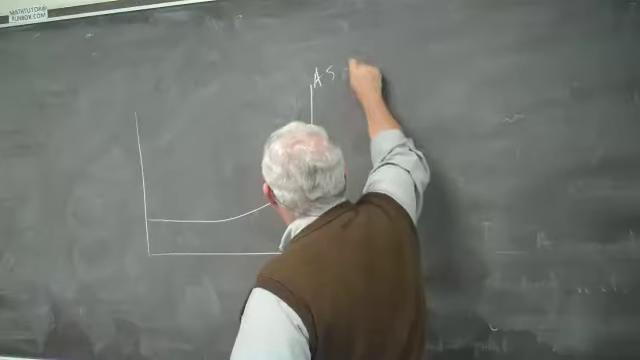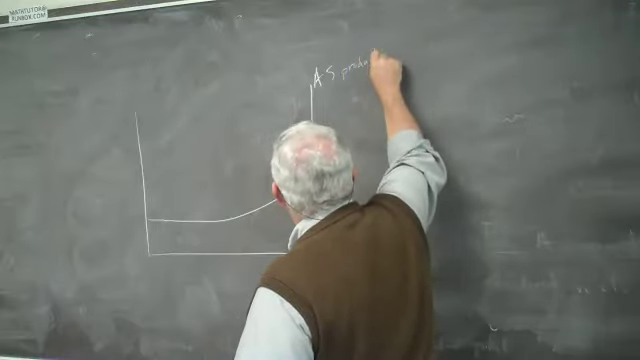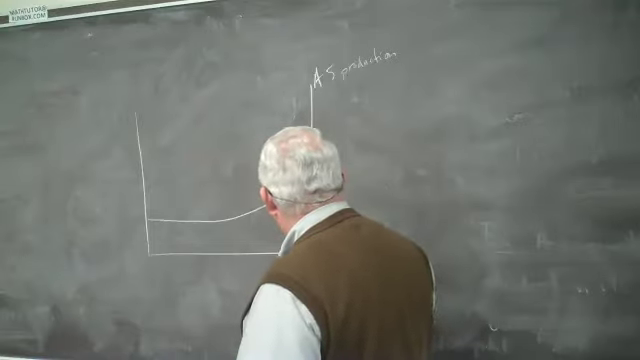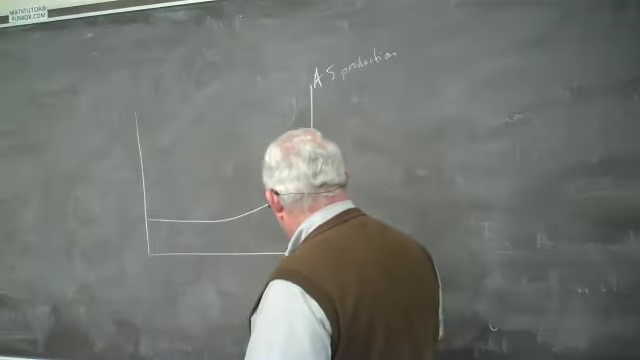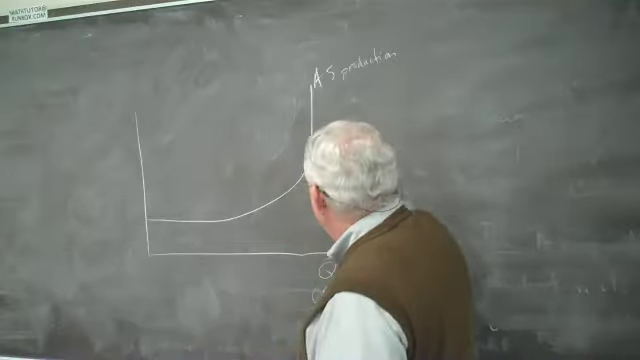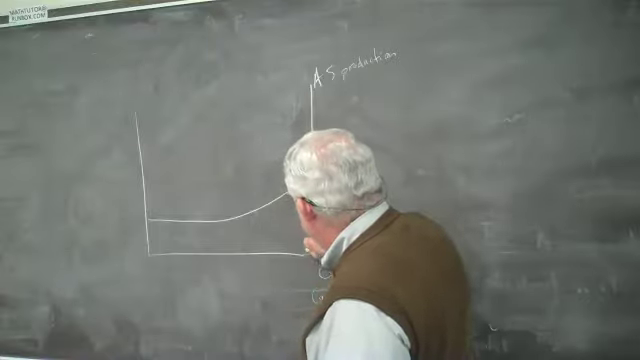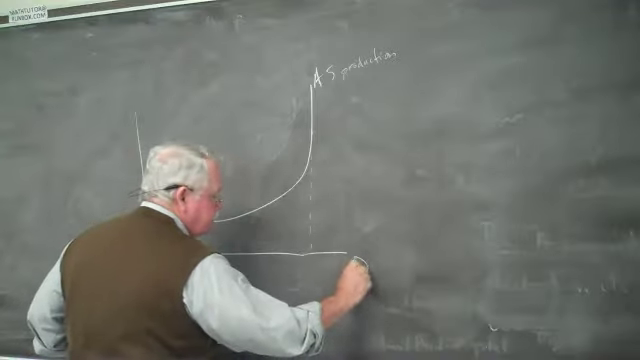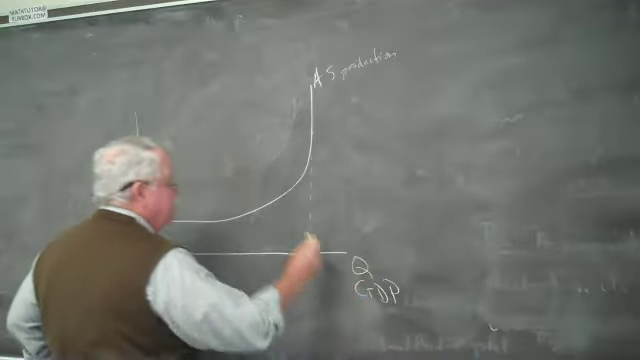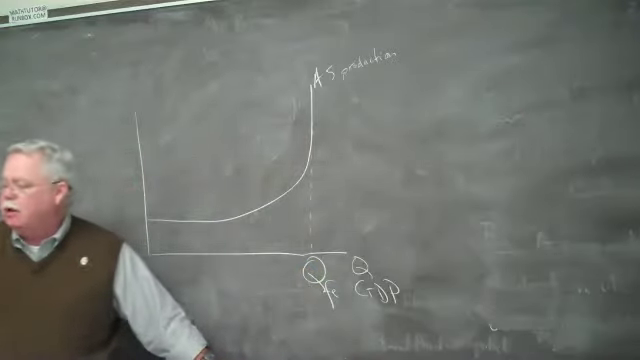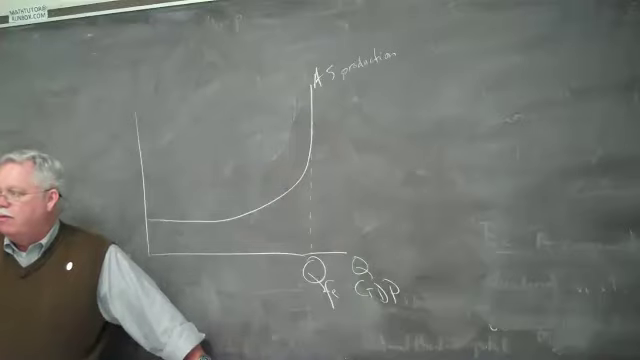Aggregate supply is the amount of production going on in our economy. And that's what we're measuring down here on the horizontal axis, Q or GDP. This curve becomes vertical. This supply curve is vertical when you are at a fully employed economy. That means everybody's working who wants to work,